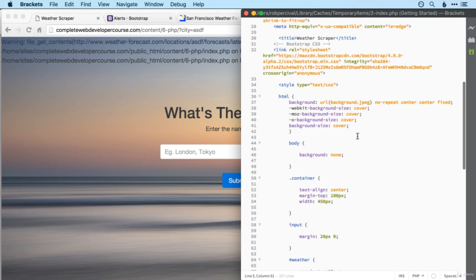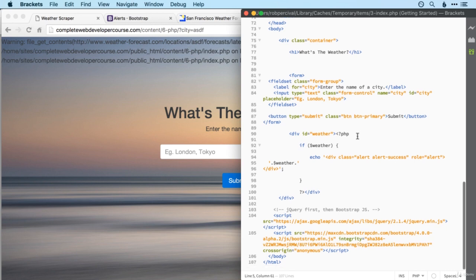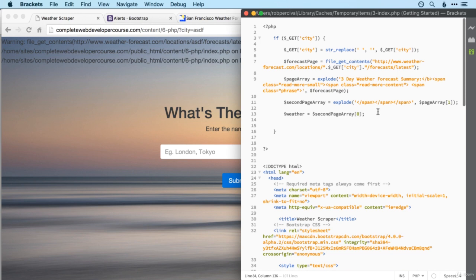So let's do that last bit first. It's actually quite straightforward. All we need to do is set a value attribute for the input, and then with our PHP, we just echo the city. There we go. So that should work fine. I've just realized though that that's going to remove the spaces from it, which will look a bit weird for the user. So let's